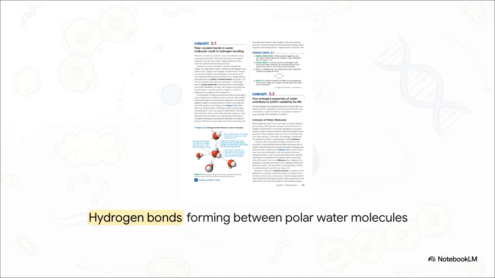So let's visualize that polarity in action. Notice that distinct V shape of the molecule. Because oxygen is hogging those negatively charged electrons, the oxygen end of the molecule gets a partial negative charge, while the hydrogen ends get a partial positive charge. And as we know, opposite charges attract. So the positively charged hydrogen of one water molecule is instinctively drawn to the negatively charged oxygen of a neighboring molecule. This attraction forms what we call a hydrogen bond. Now, these bonds are fragile. They form, break, and reform trillions of times a second, but together they create an incredibly strong invisible network.